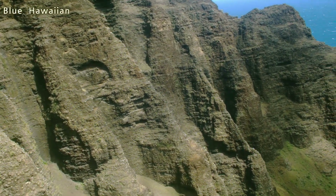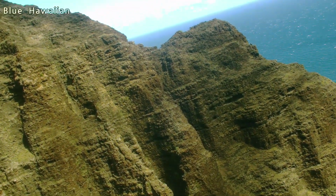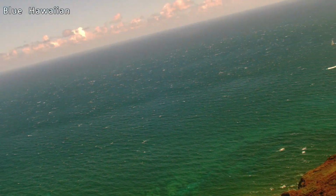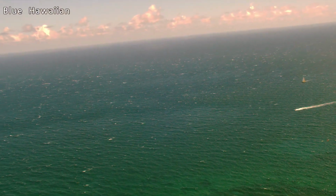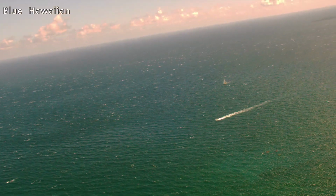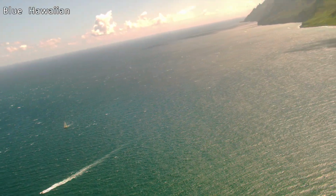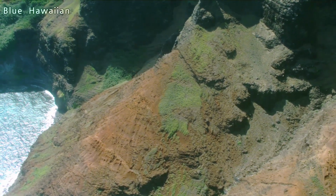This is called Nualolo Valley, and you have to imagine back in the mid-1800s, this side of the island was a viable community. It was a working moku, which means this was all part of that old Hawaiian feudal system. This would have been the Napali Moku. The island of Kauai is broken down into 6 major districts called mokus, and this would have had an estimated population of about 5,000 people. Now imagine living along the side of the island. You would see that